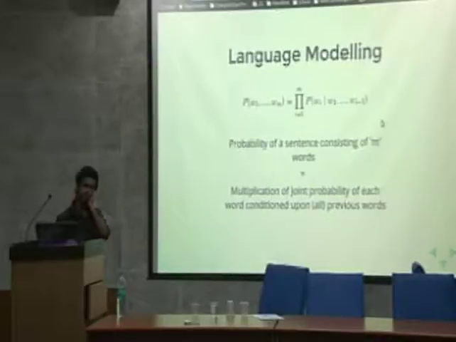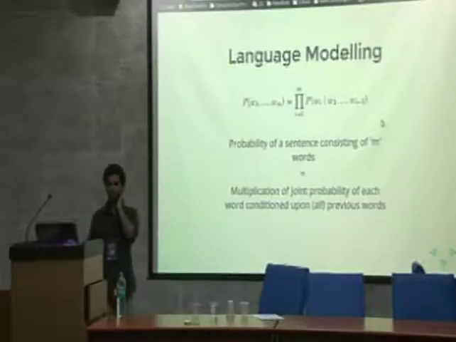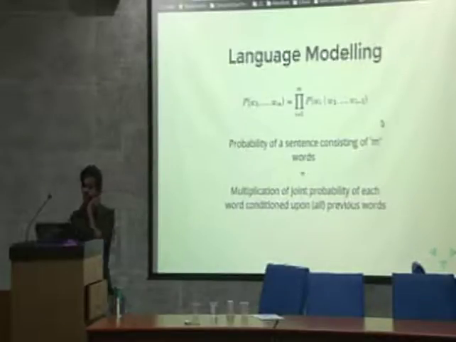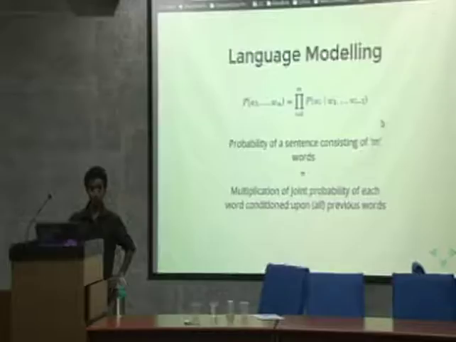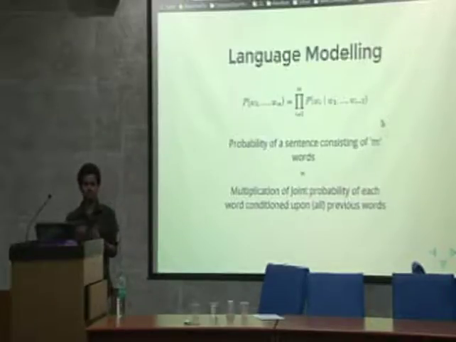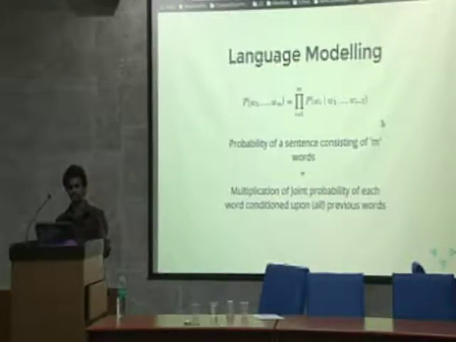Okay, before that, let's talk about what language modeling is. Language modeling is probably one of the oldest NLP objectives, which is to predict the next word given the previous words. You all go to Google and type something, and Google gives you some suggestions, right? It is basically trying to find out what might be the most probable word after the words that you have already entered. So that is a language model.